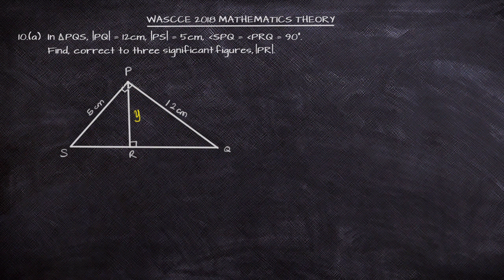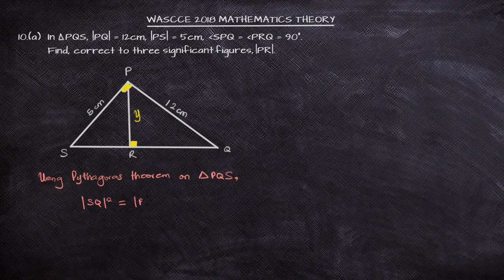Now, what we need to notice here in this diagram is that we are having two right angle triangles, and the right angles are being shown in yellow, and we are asked to find this line PR, which is being denoted as Y. So how do we go about this? First, if we are to use Pythagoras Theorem, we can get the value of the line SQ. So from the triangle PQS, we can use Pythagoras Theorem, and Pythagoras Theorem tells us that the square of the